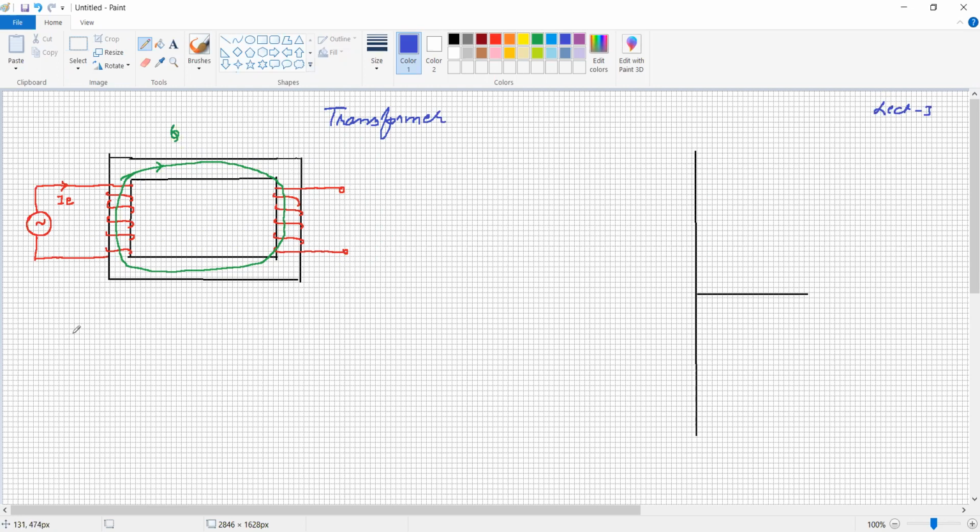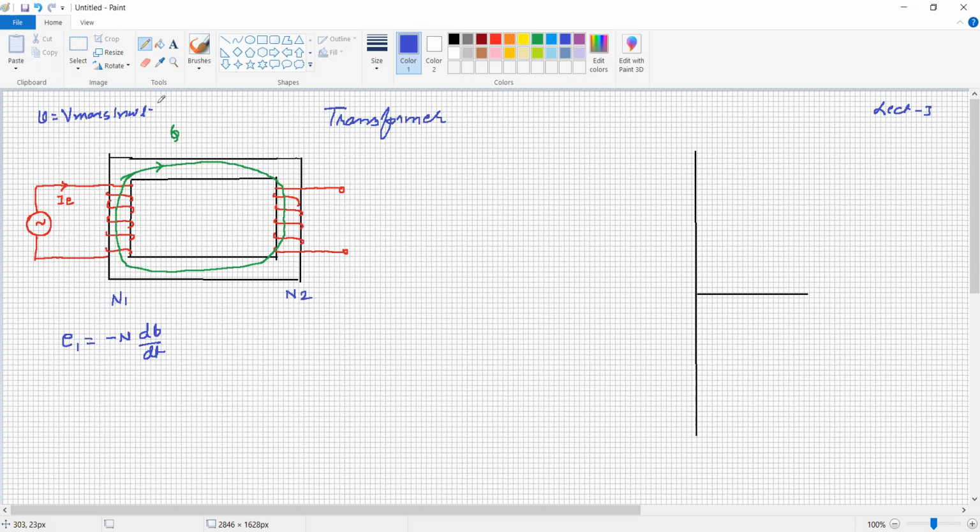In the previous lecture, we came to know the EMF equation, the EMF induced. Let the number of turns be N1 and N2. The EMF induced E1 in the primary winding is minus N d phi by dt, where d phi by dt is the rate of change of flux linkages, because the applied source is alternating, where the applied voltage is, say, V equals V maximum sine omega t.